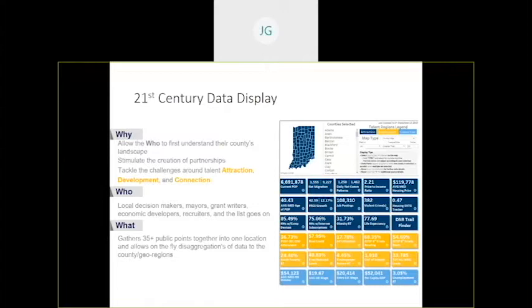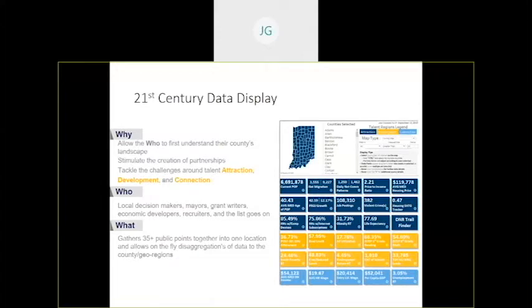Obviously we wanted to bring data sets together into a single location, really to drive end user accessibility of the data. So we have included state data sets that were not previously available in the dashboard, but also we're leveraging data